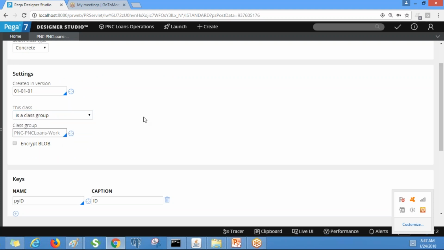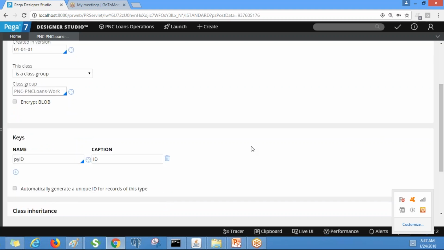You can also create a class for storing reference data. In those classes, you will see the option called doesn't belong to a class group. Clear? So one is belongs to a class group, and the other is doesn't belong to a class group. Each concrete class will have a table and the primary key defined.